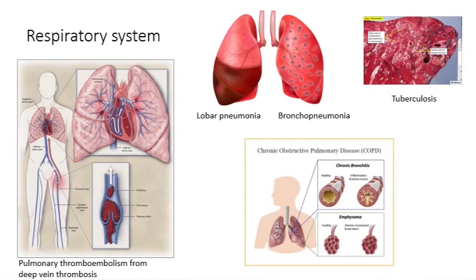Another common infection, seen mainly in developing countries of the world, as well as places which are overcrowded, with poor socioeconomic conditions, and also among immunocompromised people, is tuberculosis. Tuberculosis also can cause sudden deaths due to various reasons, such as, let's say, a cavity which erodes into a blood vessel and causes sudden bleeding, and so on.